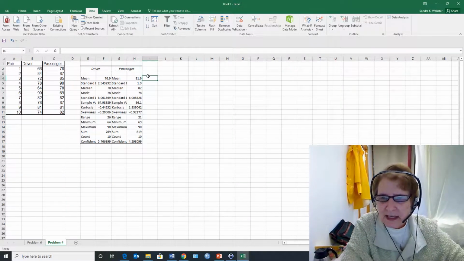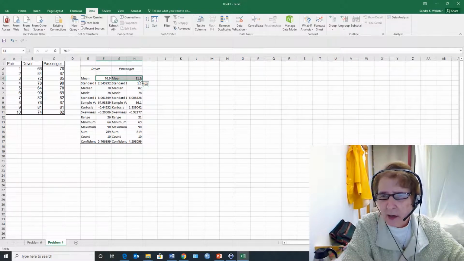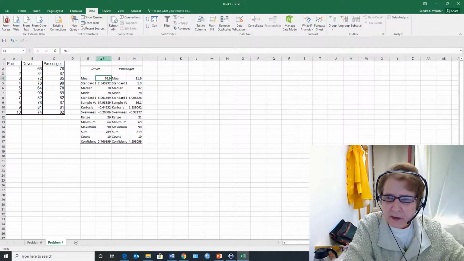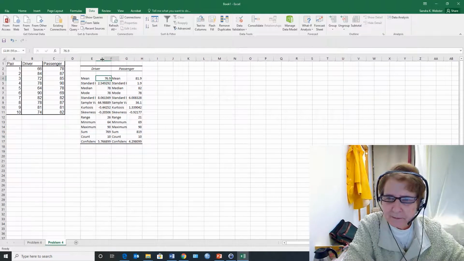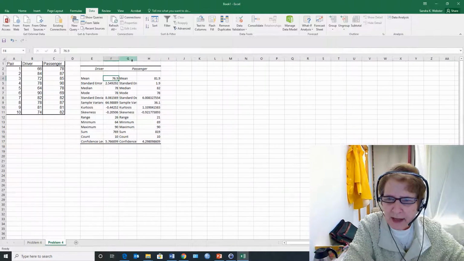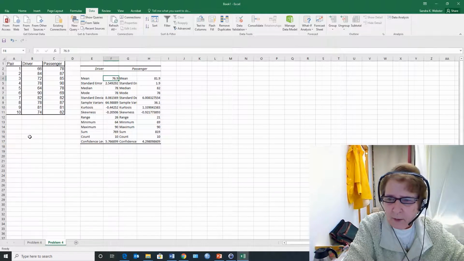So I can look at these and I can say, oh, the passenger had slightly higher heart rate than the driver. And the standard deviation was a little bit equivalent. These are paired samples, and so we don't have to be concerned about a hypothesis of equivalence of variance. It's not relevant. They're connected. So I need to know, is this difference, which is fairly small, significant or not? And in order to do that, I need to calculate a paired samples t-test. So I'm going to do it over here